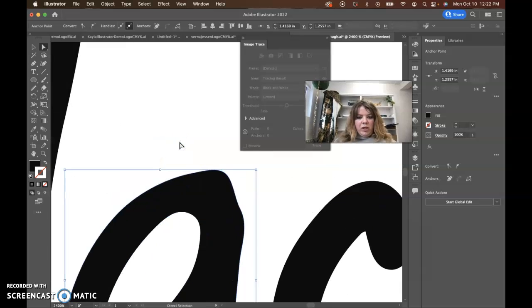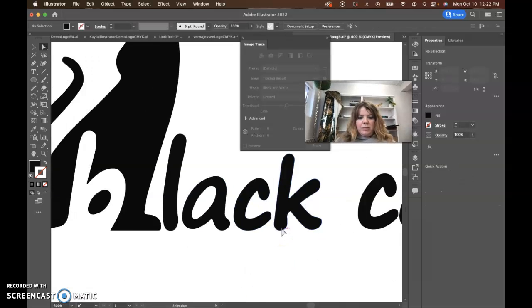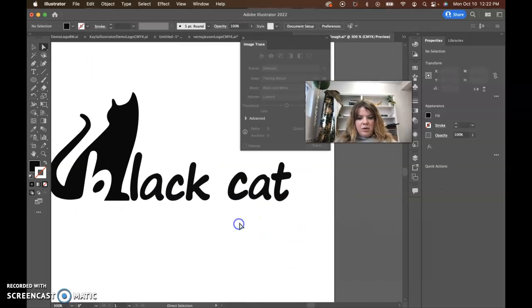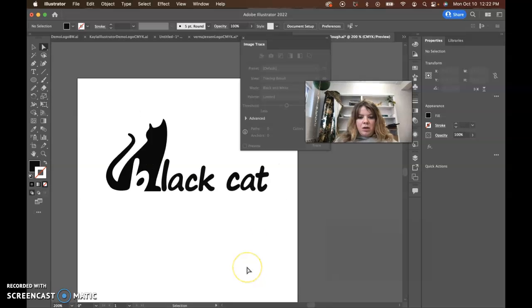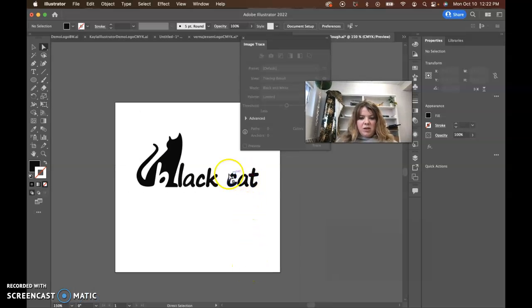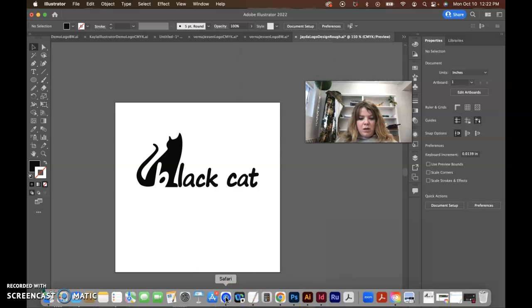It helps to zoom way in too, and you can move these handles around to fix things. We could also, if we like this A better than this A, just copy paste it and bring it over there, so that the A's are more consistent, because this A looks different than that A now. But yeah, with the designs, I can't see your text because it wasn't outlined,